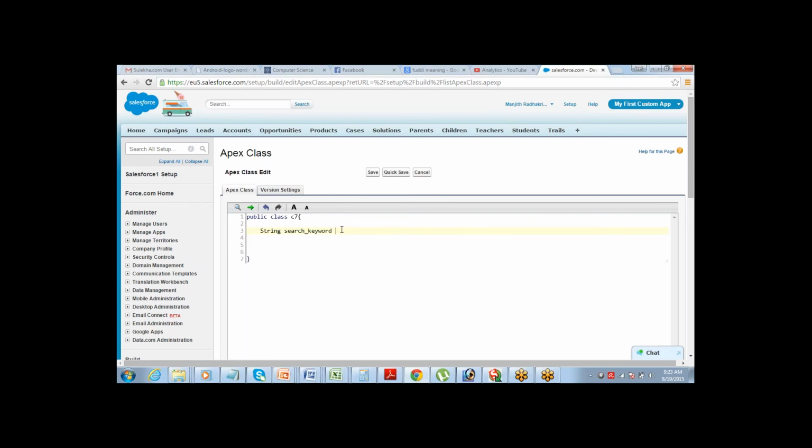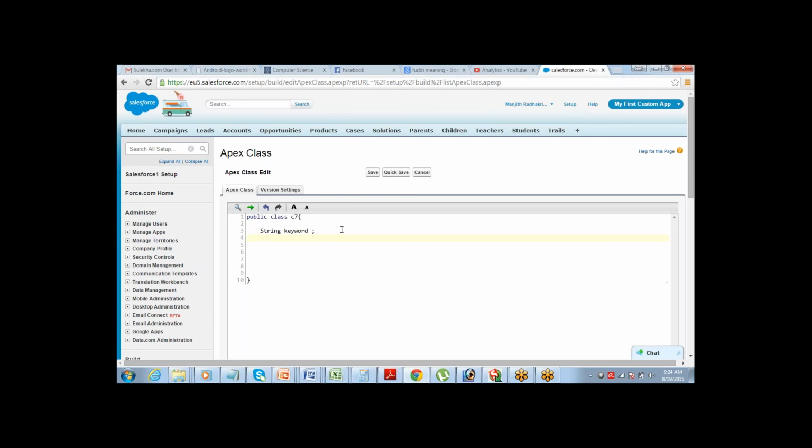So string search keyword. I've defined one string called search keyword, or you can just call it keyword, whatever you want to call it. So one string has been defined. Let's say I'm trying to create a page for searching accounts. I will have to display a list of accounts.